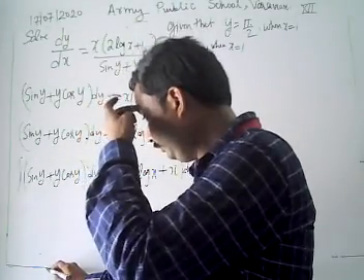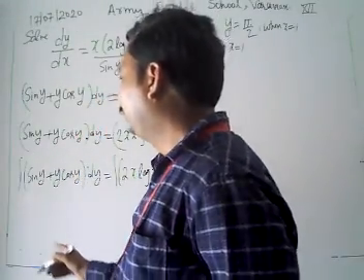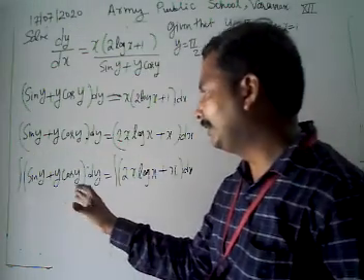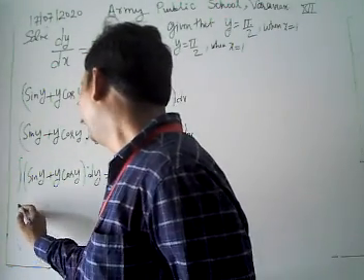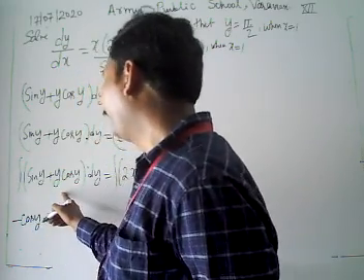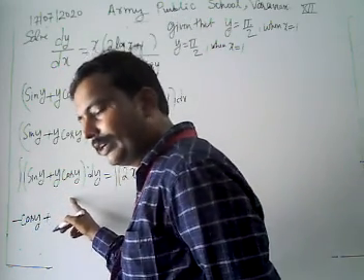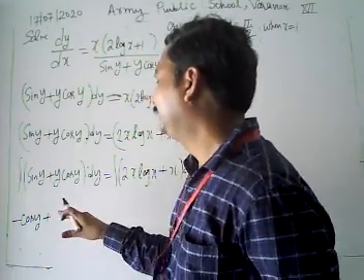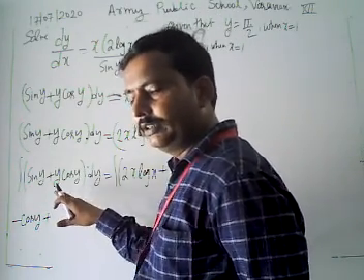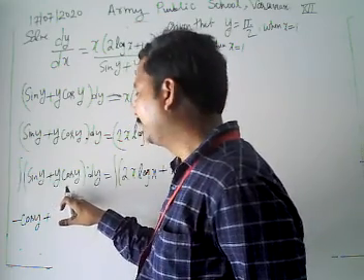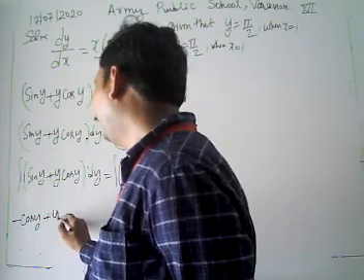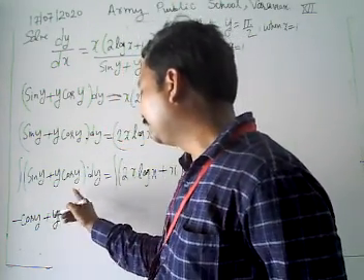Now look, integration of sin y: the derivative of cos is minus sin y, so the integral is minus cos y. Here we get minus cos y. Now we apply integration by parts. Using the order inverse, logarithm, algebraic, trigonometric, we take y first and cos y second. Then y times integration of cos y